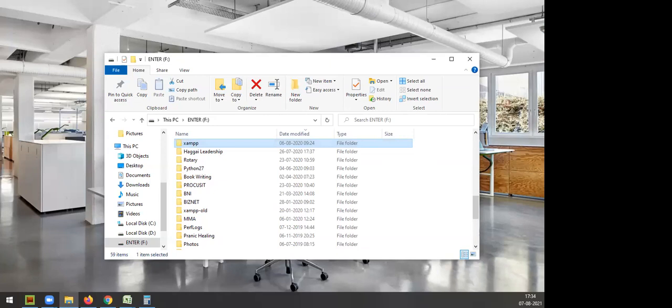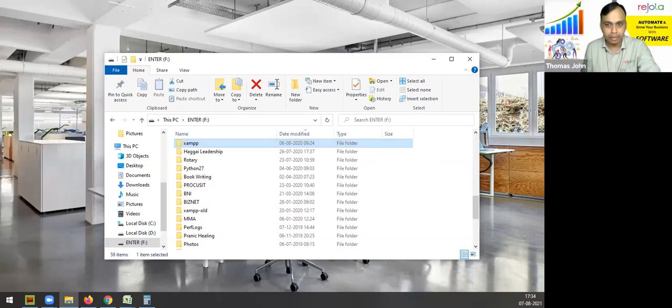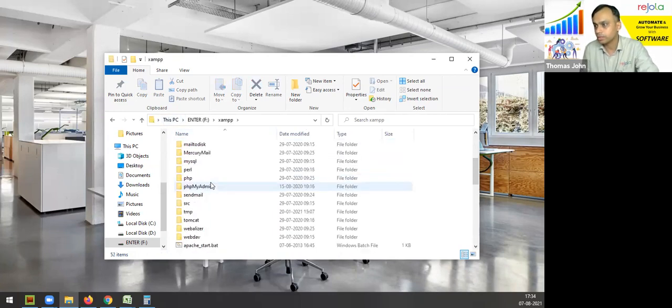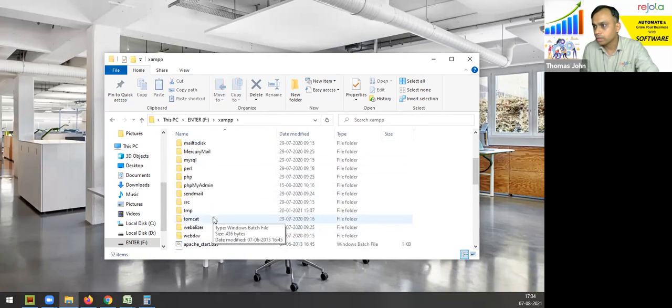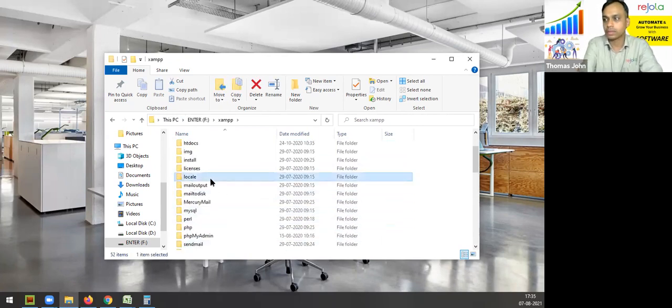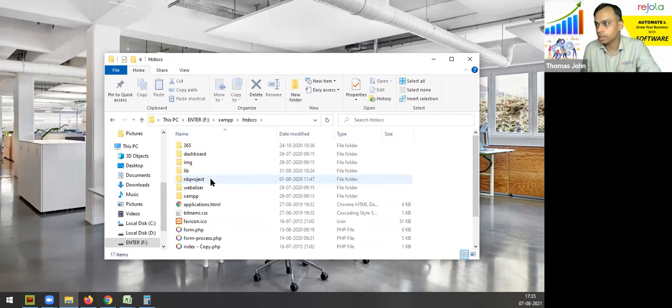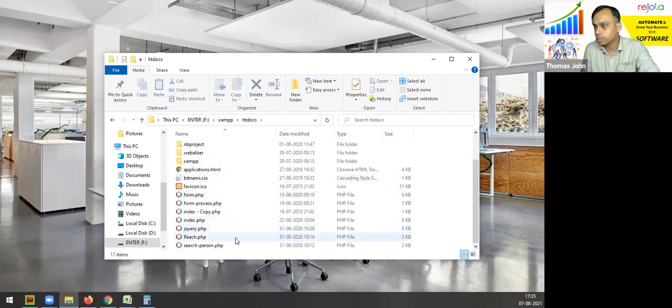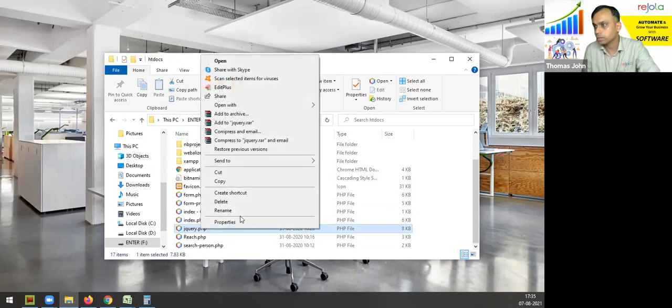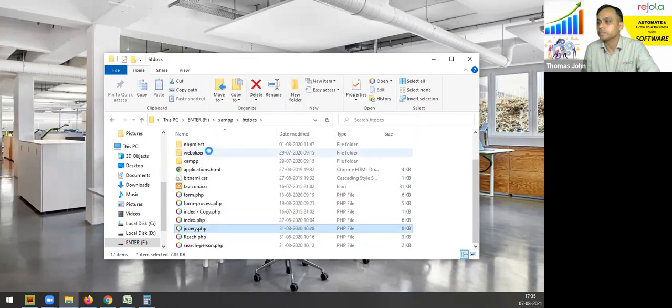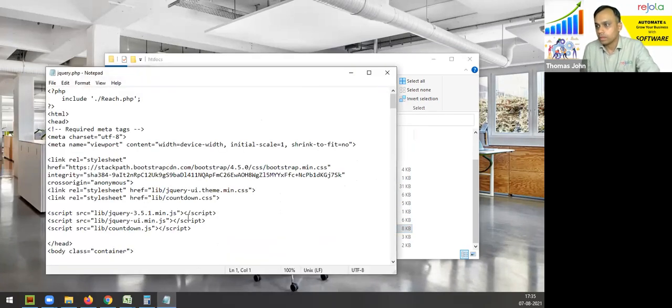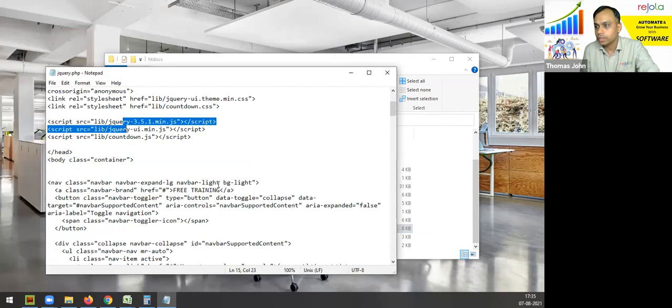Yes, sir. Okay, so I just connected my old hard disk and I think I had put it here. So let me see if I can find it. Inside here, I think I had put it somewhere over here. Let me try to open this and check. Okay, so I have UI themes and I have jQuery.